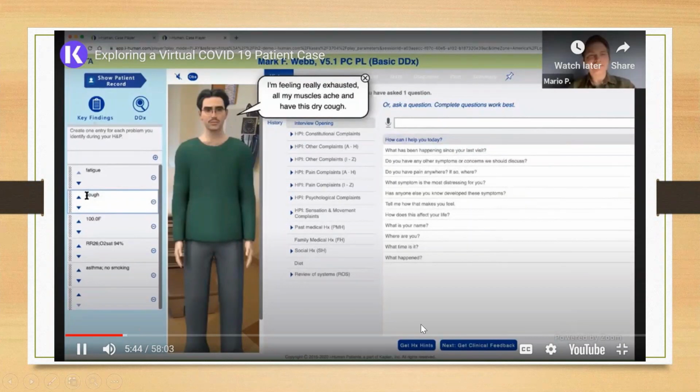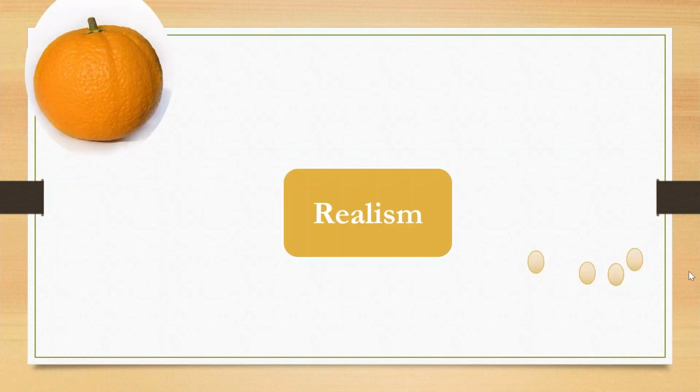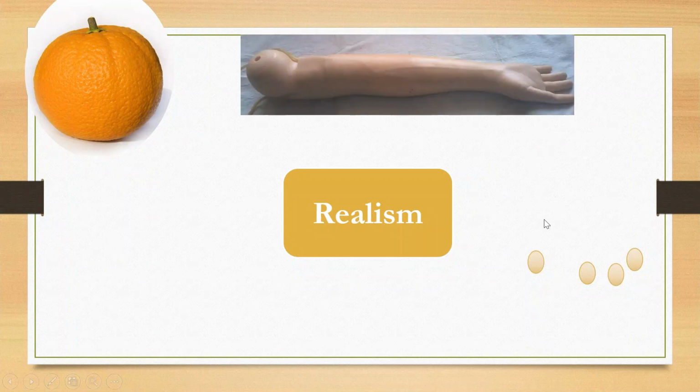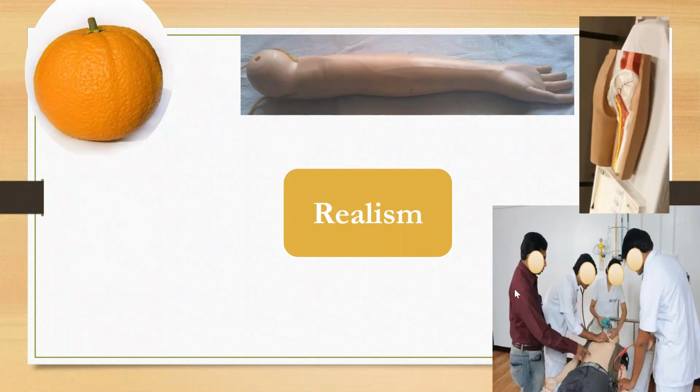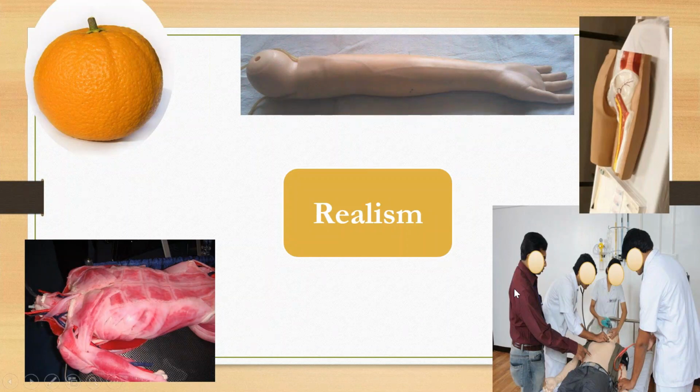And we also talk about a lot of computer simulations. This is iHuman, another platform which is available. Presently everyone is coming for the virtual patient, and this is a virtual COVID patient case. Also there are various stages of the case. So this is another thing you can go into, computer-based or screen simulations. So look at the realism, how realistic they look. Is the orange very real for suturing, skin incision, giving injection, or do you need something like this, which is near to realism, or something like this?